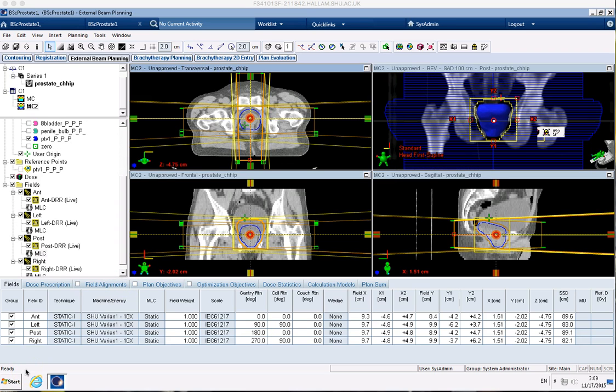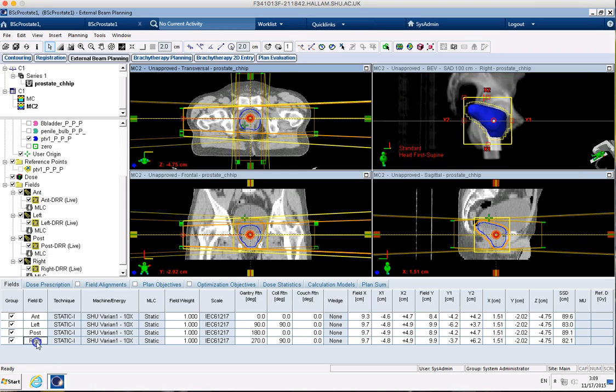So I've now set my plan up with what we might call a 4-field brick, and if we look down at this bottom table here, we can see I've got a gantry 0, 90, 180, 270, and I've labelled them ant, left, post and right. If you want to change the name of them, you can just double click there and type that in,